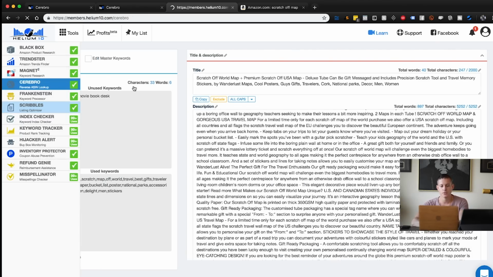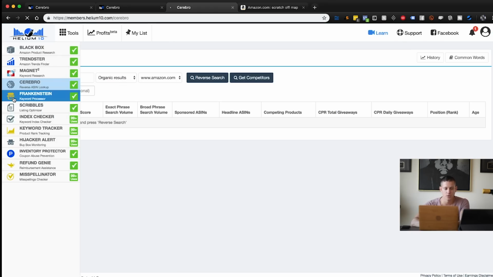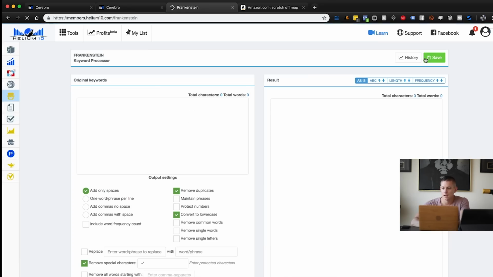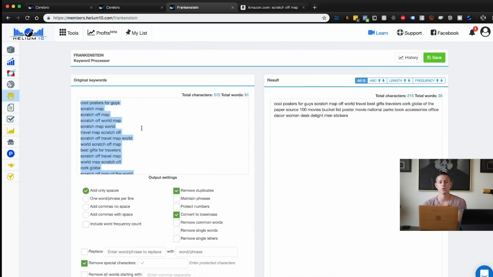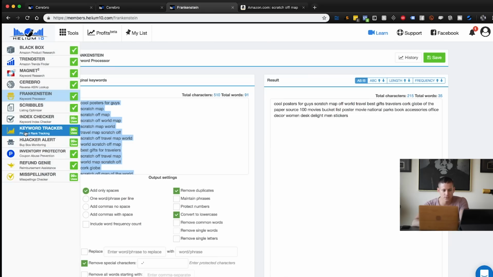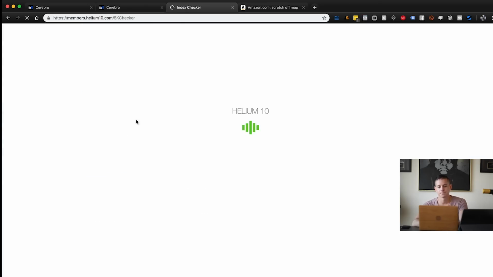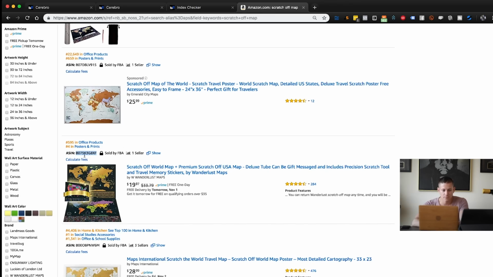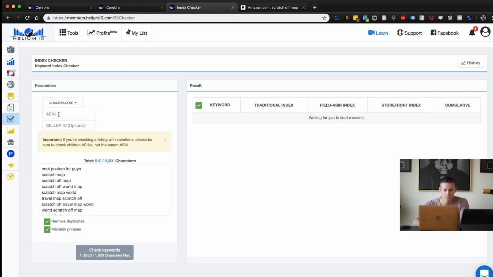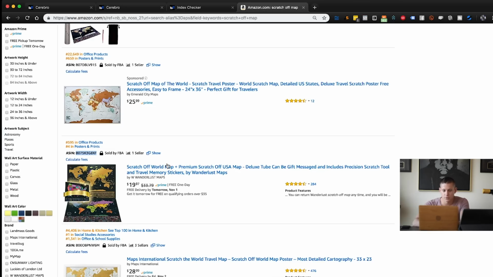And then the last thing that we're going to do is go back into Frankenstein, and we're going to load up this, and we're going to take these words that we actually took, right? So these are the words that we proved hyper relevant, that all of the top competitors for Scratch Off Map all rank for, and we're going to take these, and we can come into Index Checker here, and we can actually plug these in, grab this original ASIN here,